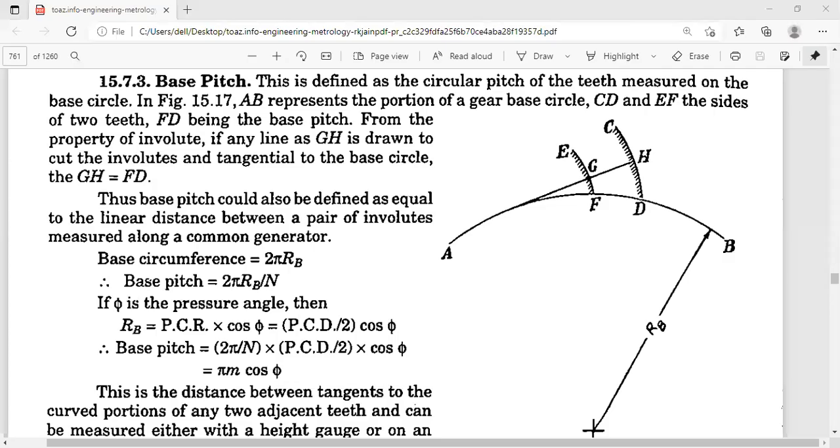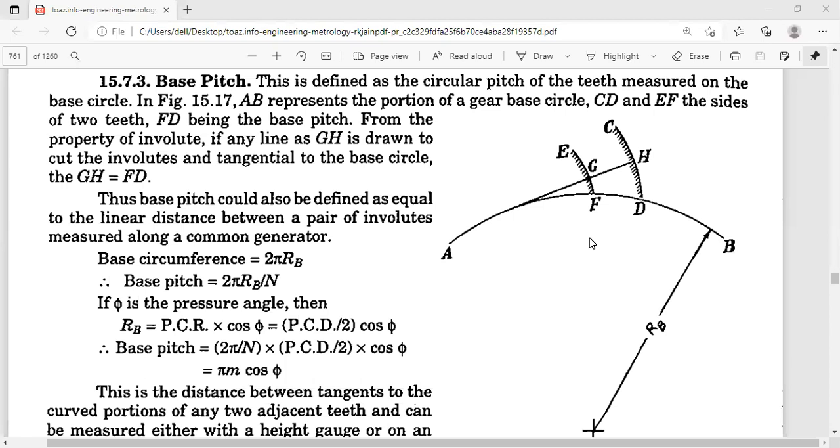I will start the class today with the base pitch measurement, and after the base pitch, we'll try to see the profile checking. So we're not in a hurry, we're comfortable when compared to the other subjects. I will be taking classes up to Saturday, and next week Chandragari will take whatever is left in comparators, and then we'll start the alignment test. Shortly we'll be giving the first assignment also. We try to complete it in a week to 10 days time.